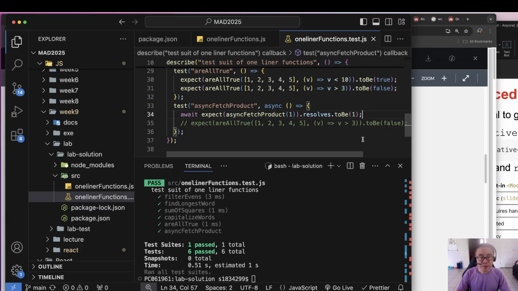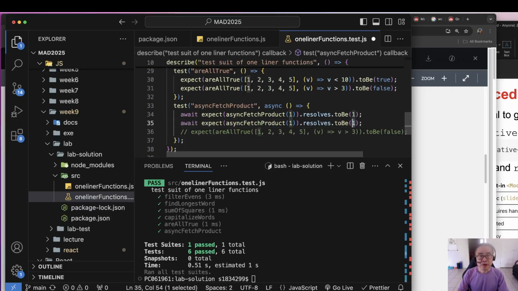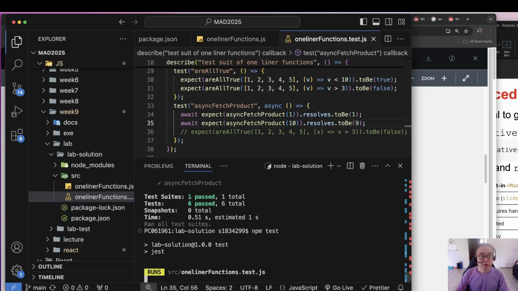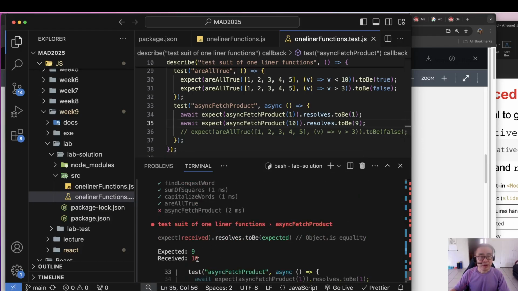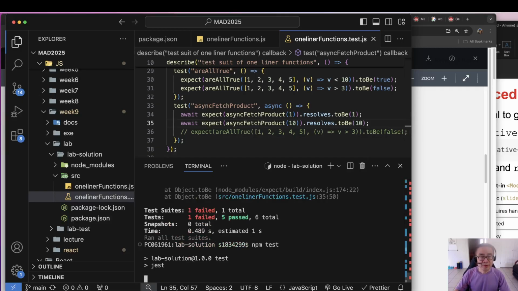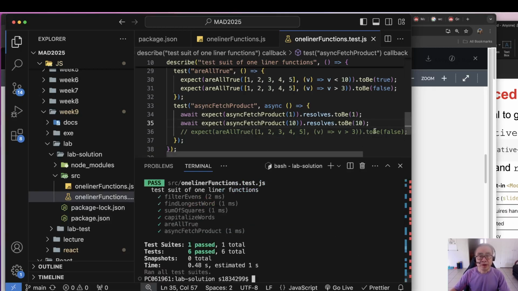So if we change this to 10, this also needs to be 10. Okay, false. So expect 10, receive 9. Expect 9, receive 10. So, okay, that's good. Try again. Okay, pass. Now we need to test the